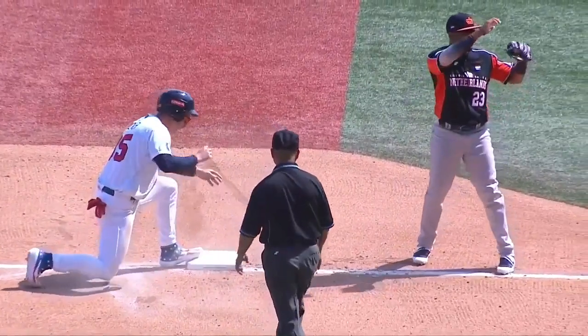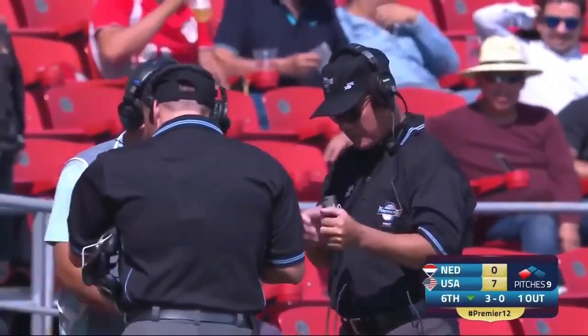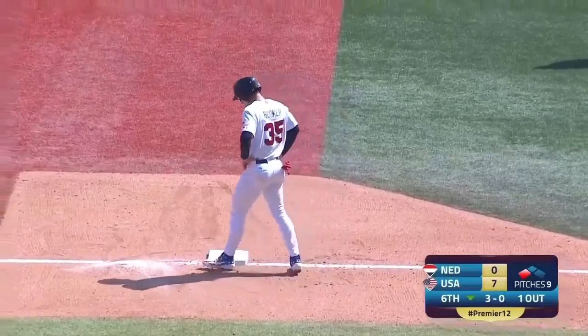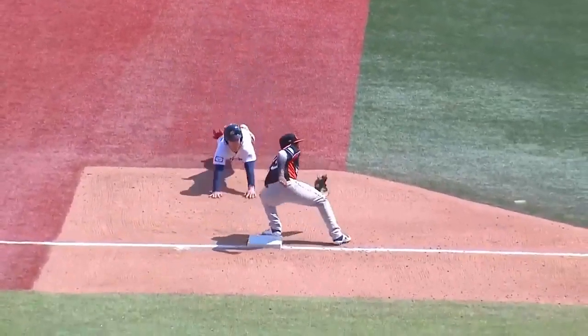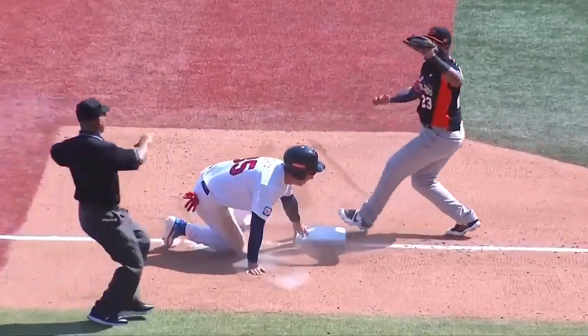This is how the tiebreaker is calculated. Certainly, to the fan who maybe isn't familiar with the tiebreaker, it can look a little surprising. 7-0, stealing third with one out there, but that's why it makes sense in this context. I think he's out. I think you're right, and that is the call. So Brent Rooker is caught stealing, cut down, 2-5 goes the putout over there at first,